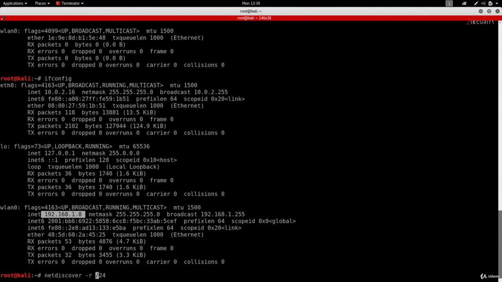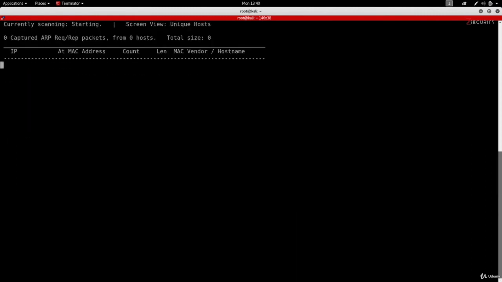So I'm going to remove this IP. And as you can see right now, my IP is 192.168.1.8. So therefore, the range that I'm going to look for is going to start at 192.168.1.1. And I'm going to leave the /24 here because this will tell netdiscover that I want to start at 192.168.1.1 and finish at 192.168.1.254. So if I hit enter now